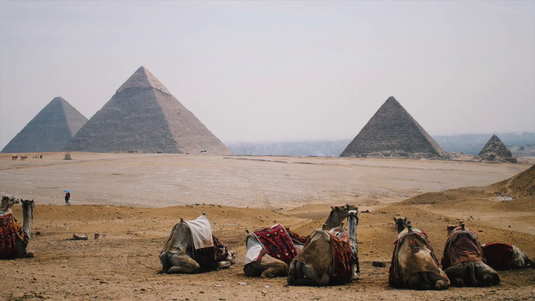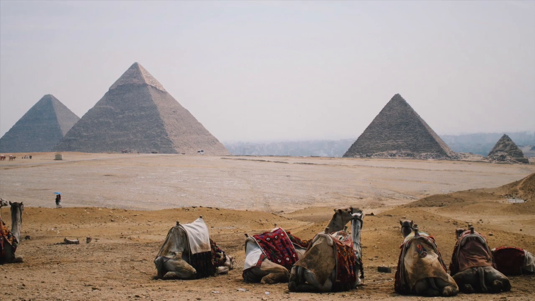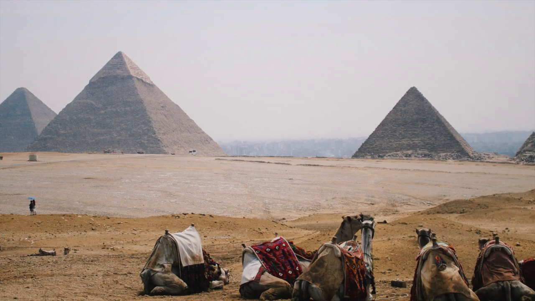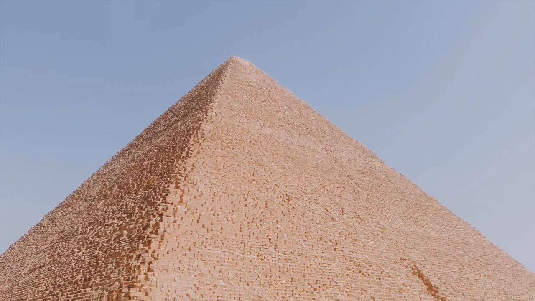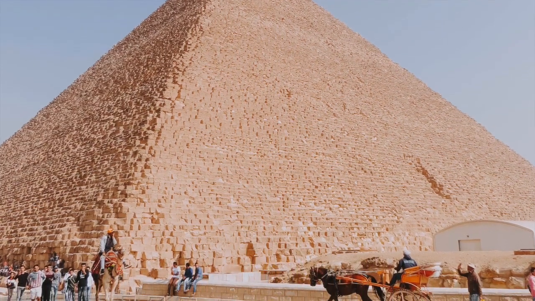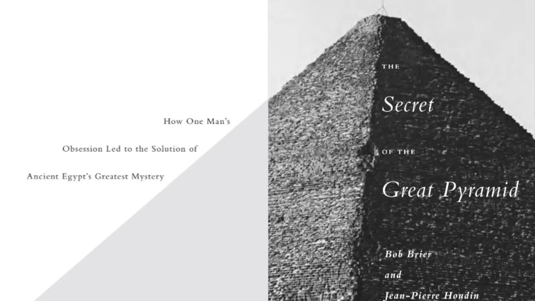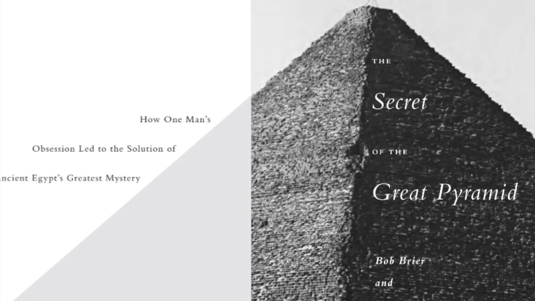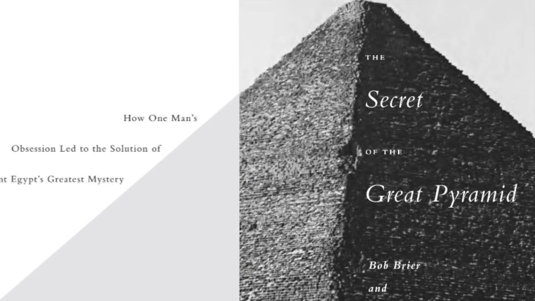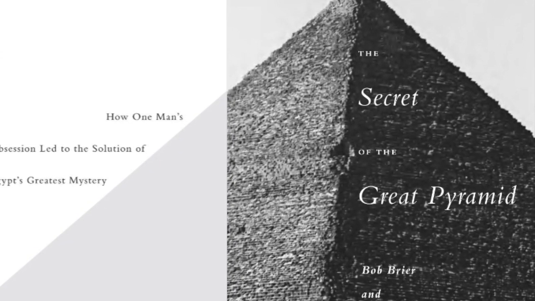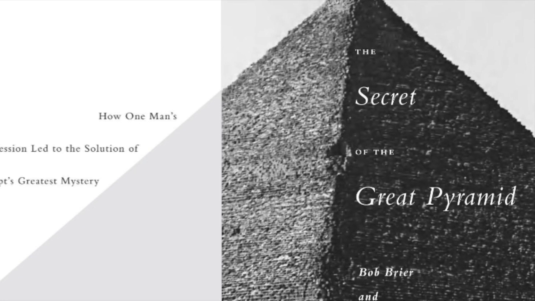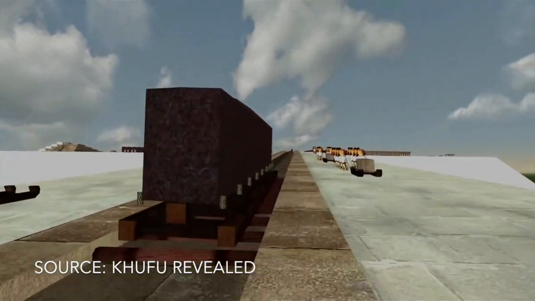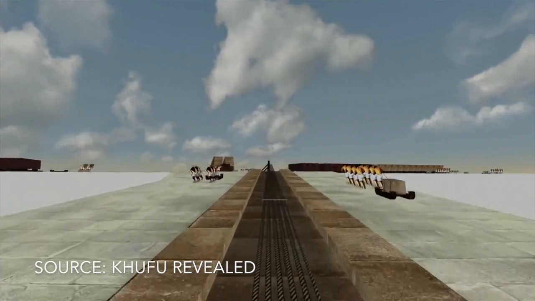There are plenty of people who do not agree that the Great Pyramid was completed in 20 years. Such a structure, built in such an ancient time, could not have been completed in such a short space of time. This tends to be the usual argument against it. However, 20 years is the timeline that Brier uses in this book, which I accept, to be honest with you. I'm heavily giving him the benefit of the doubt because this reconstructed timeline is to explain the pyramid construction using Jean-Pierre Houdin's theories. I see no reason why, using the efficient and fascinating construction methods, which we will soon cover in the video, the pyramid cannot be erected in such a space of time.